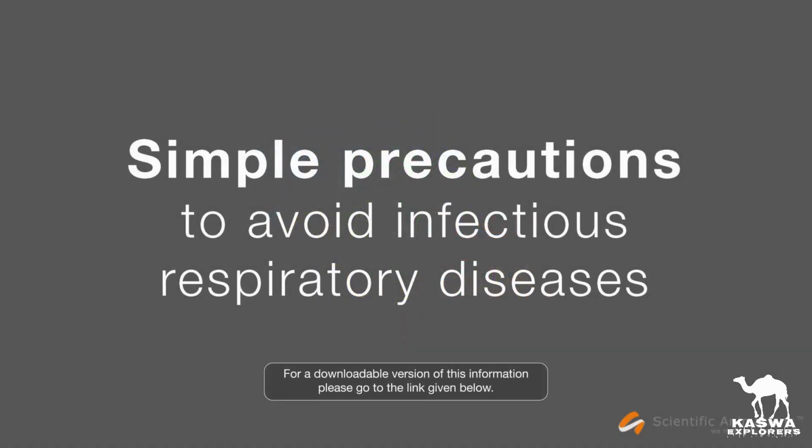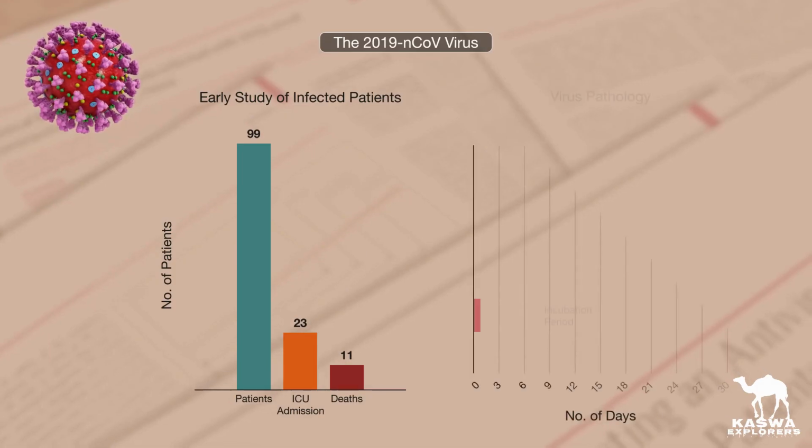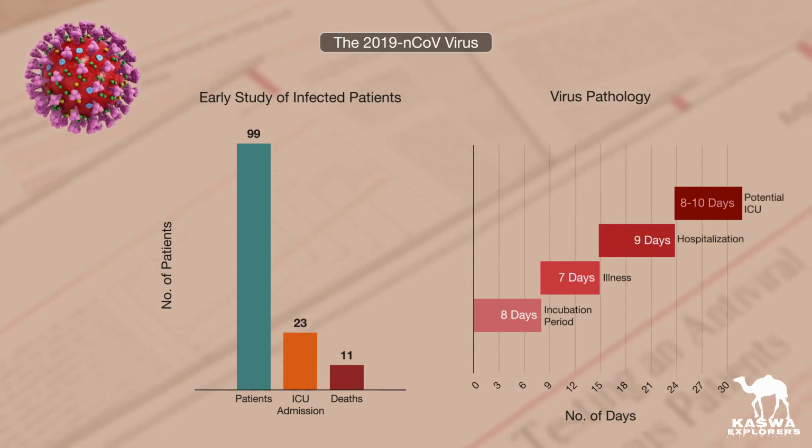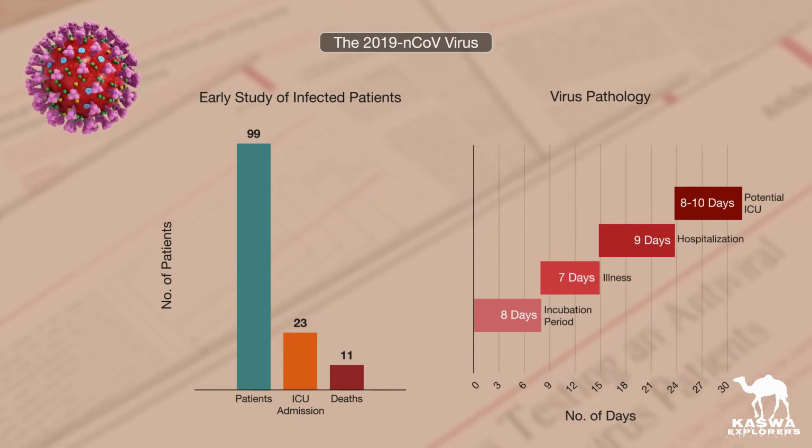There is currently no cure or vaccine for the 2019 novel coronavirus, and treatment is only supportive. The virus pathology has an 8-day incubation period, a week of infection, followed by a potential escalation to hospitalization and intensive care,